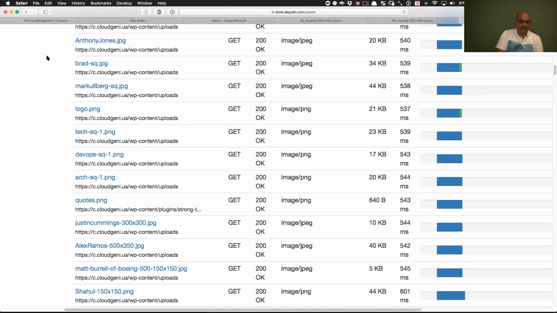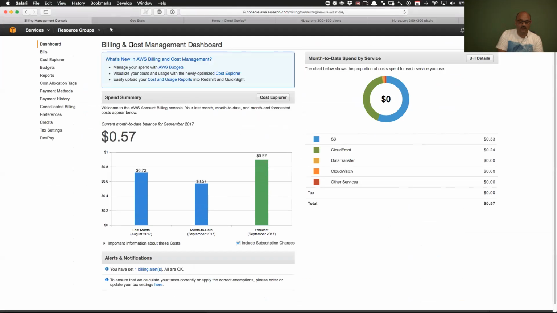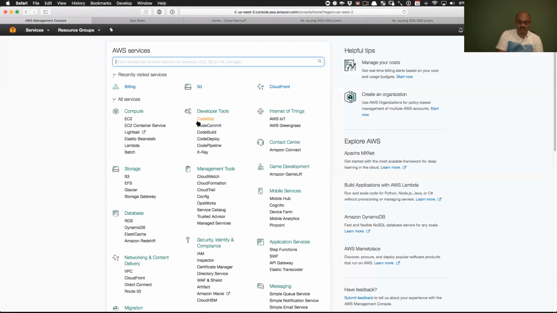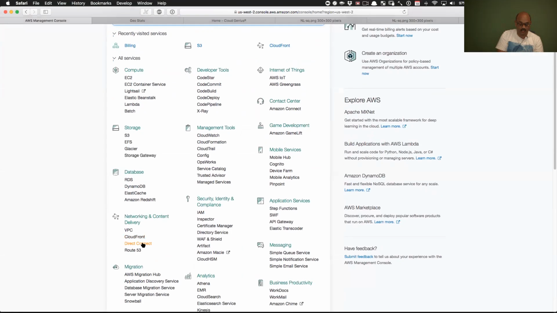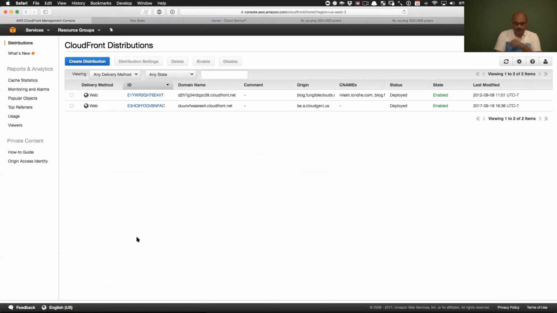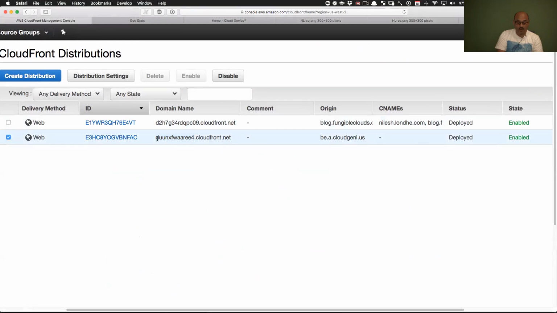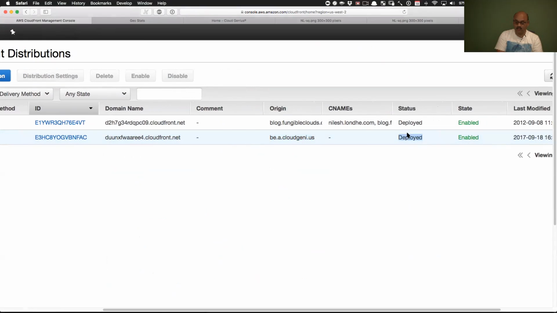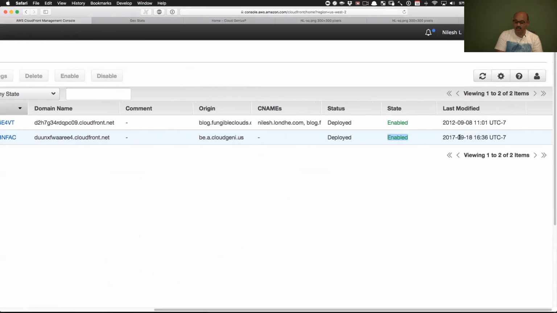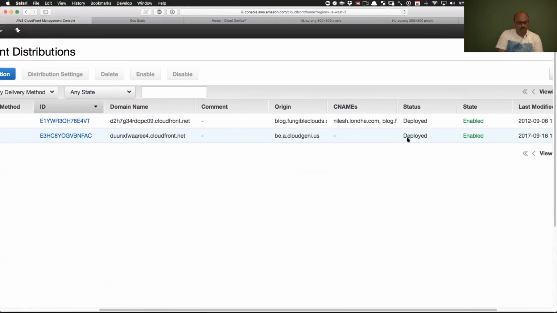Now we have started a new CDN for ourselves as another case that we were experimenting with. We should go and see if it has propagated or not. I think it must have propagated by now. It's deployed and enabled, so this site should do exactly the same thing. Let's go check that out. We just created this new content delivery network a few minutes ago, with an origin of b.a., and it has successfully deployed and enabled globally at 9:18 today. So we should be able to take that URL